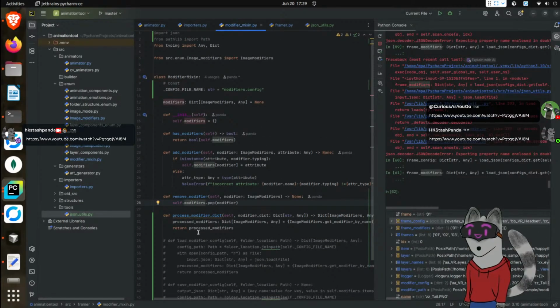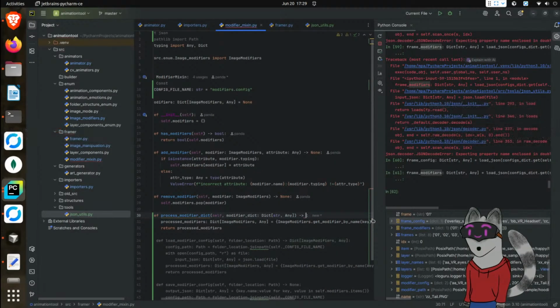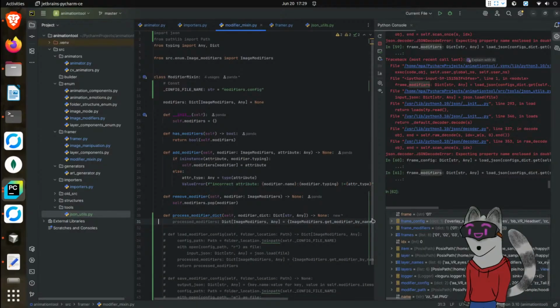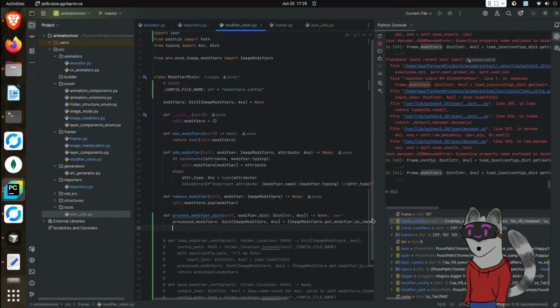Actually, let's see here. Technically, what we could do is we could tell it to input it in. Why don't we do that? So instead of having this send it out, let's go ahead and do this. Instead of having this send it out, this will go into processed images, and then processed images will then be